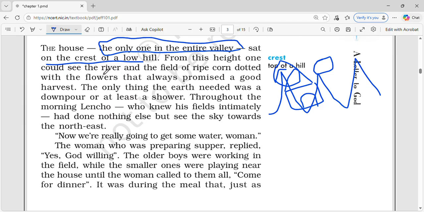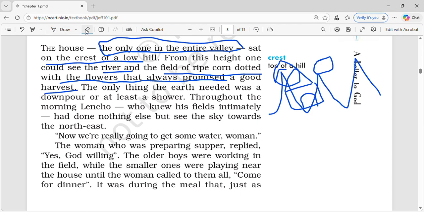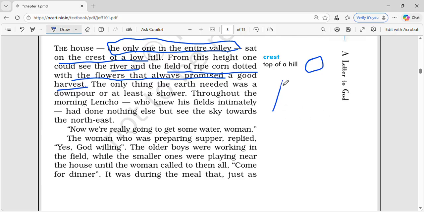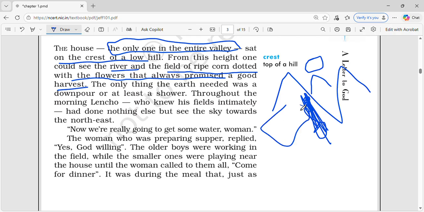From the height one could see the river, and the field of ripe corn dotted with the flowers, always promised a good harvest. अब देखो, मान लो ये तुम्हारा लो हिल है, ठीक है, इधर तुम्हारा घर है। इस घर से you can see some rivers, there would be a river flowing, you could see, and there would be a field where there would be ripe corn growing,